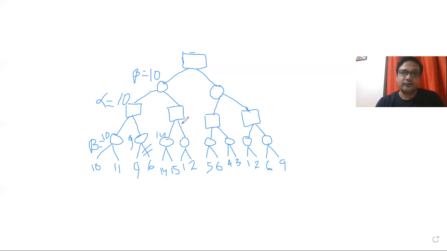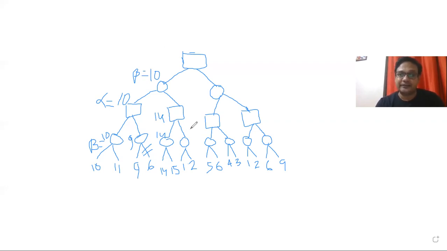Now here, the value in this side is 1. Sorry, it will go here. So here the value will be 14, means alpha will be 14 here. So you can check here, if the value on this side is greater than 14, there will be no effect in this min node's value, means in value of beta.